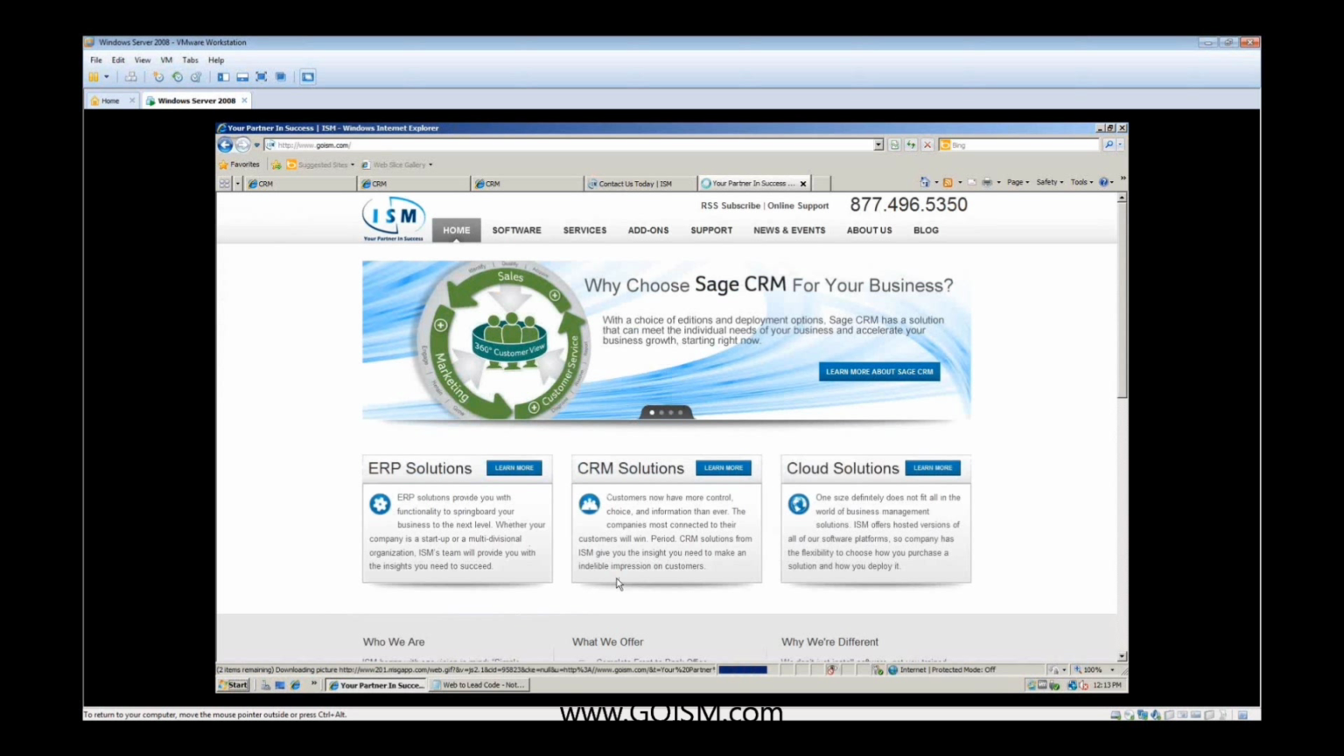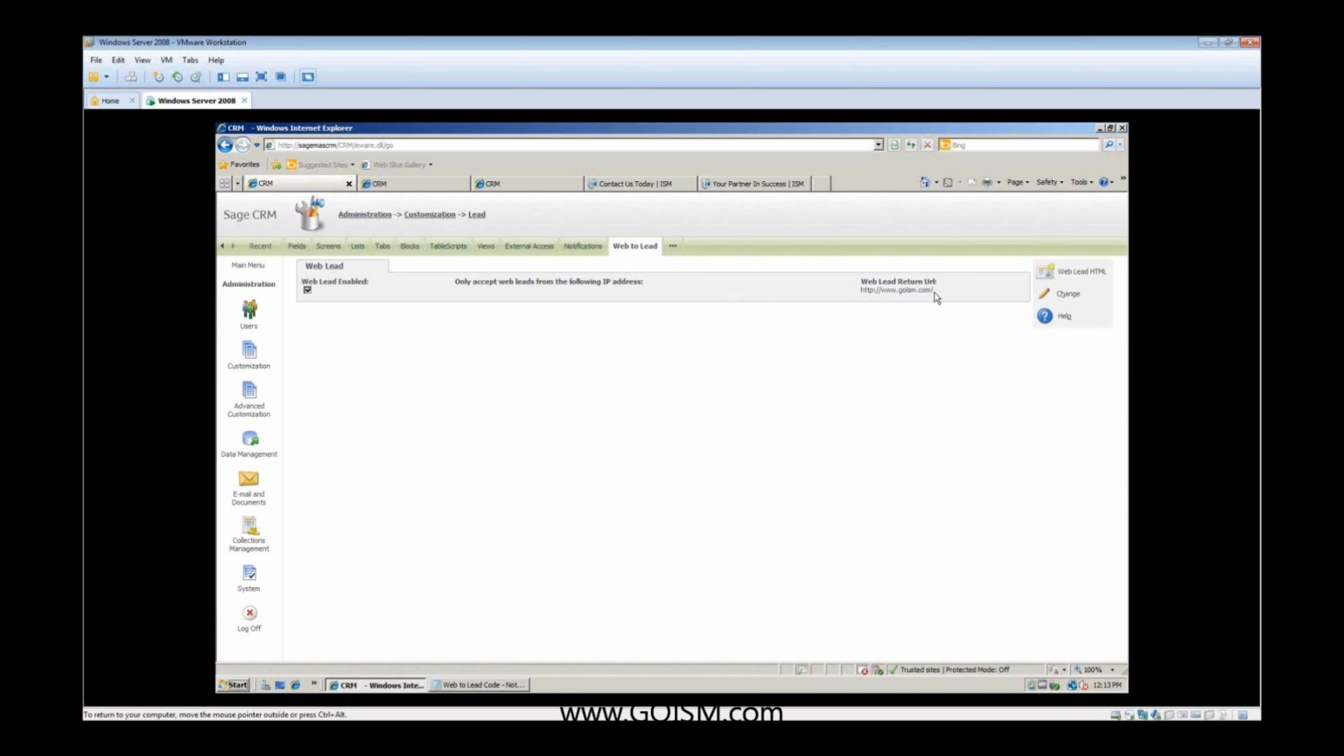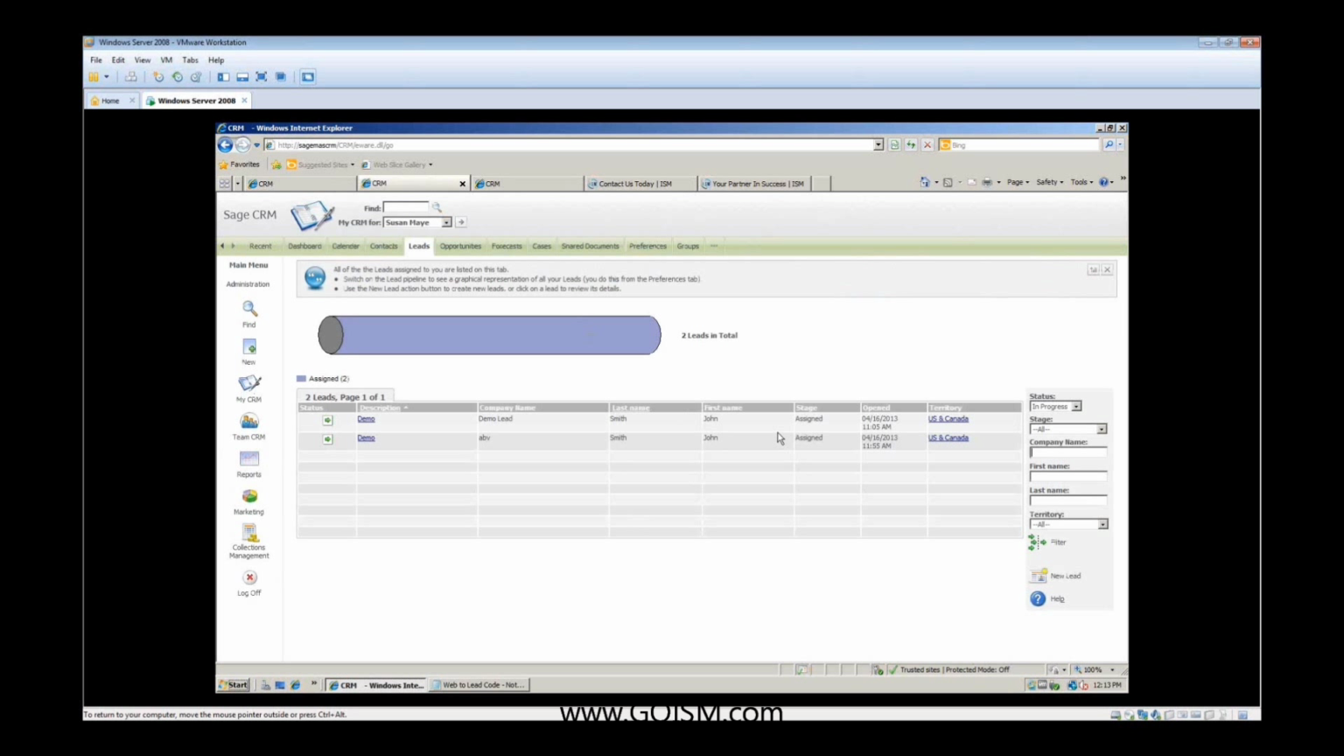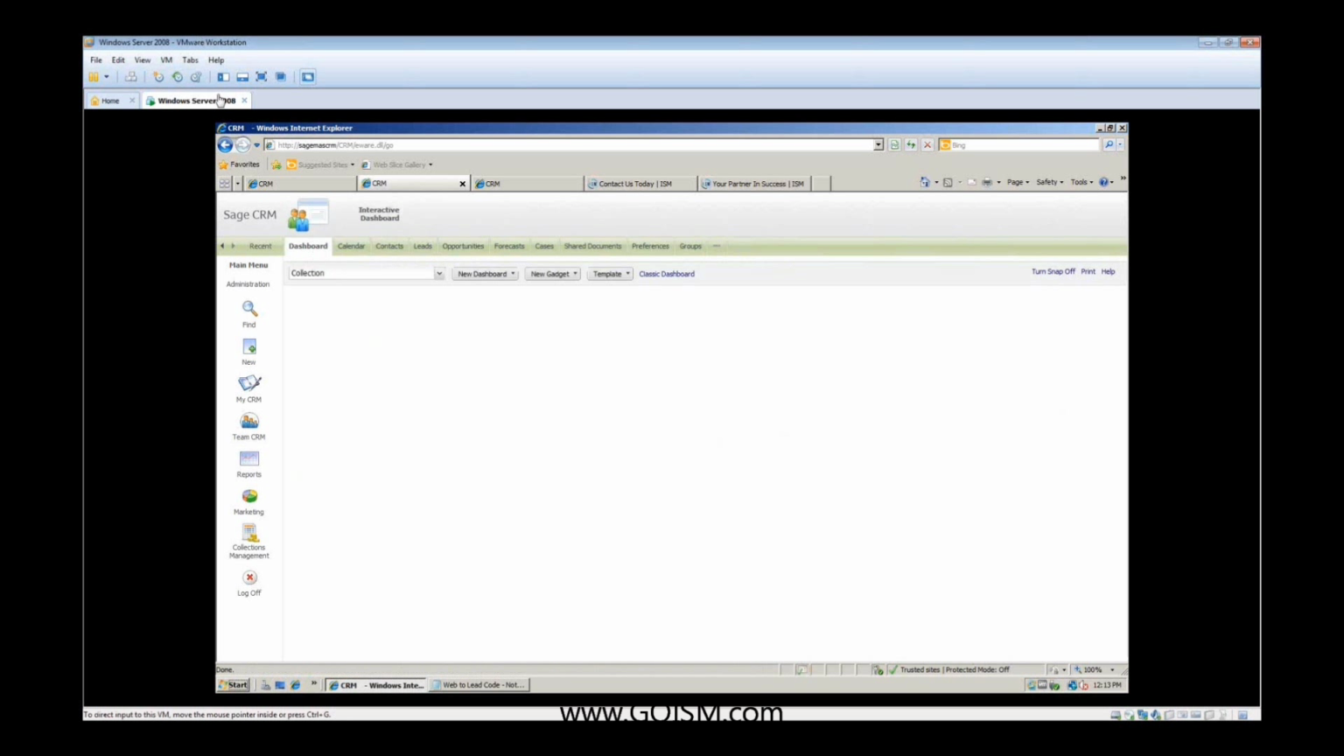I have it redirect automatically to go to our page, but inside the settings, you can redirect this back over to any page that you have. You could create another page that says thank you for your information, we'll have a sales representative contact you shortly. That's all included within Sage CRM. Once that information is entered, if the salesperson or you have some workflow that's associated with it